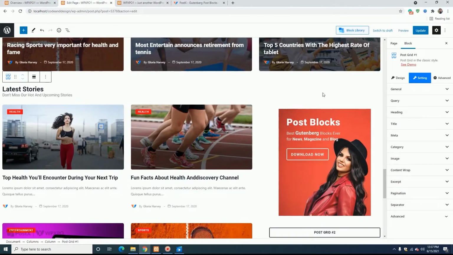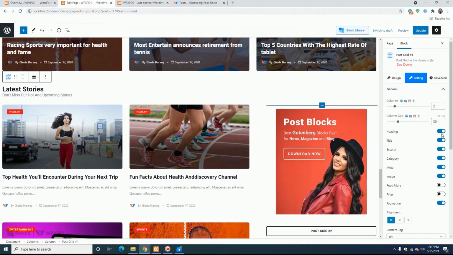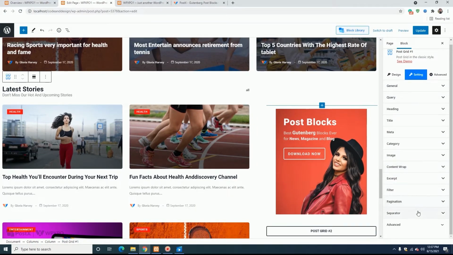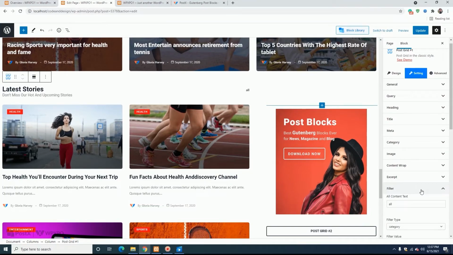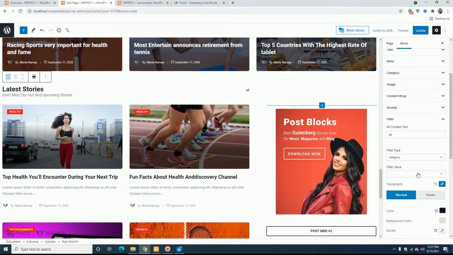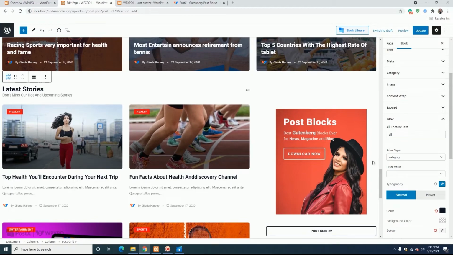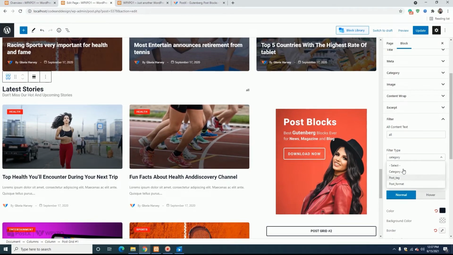Now I will show you the filtering option. So with this filtering option we can filter these posts by category and tag. We can select single or multiple categories or tags. So these are the categories.